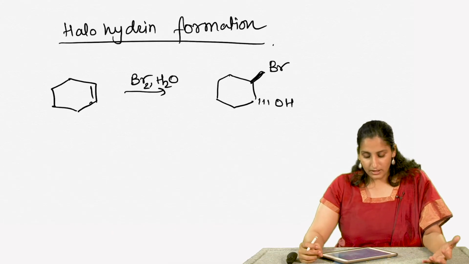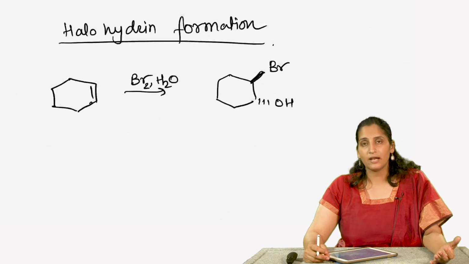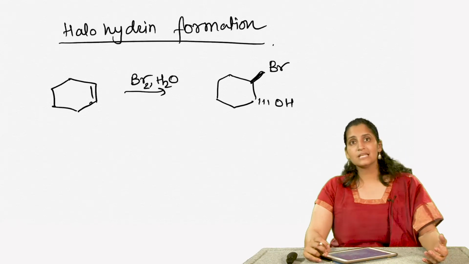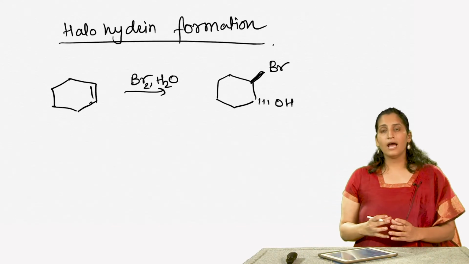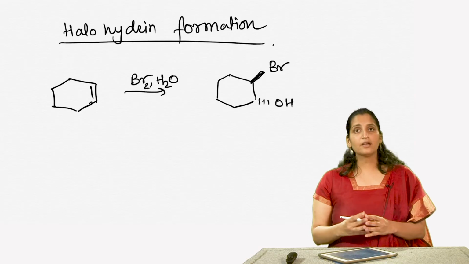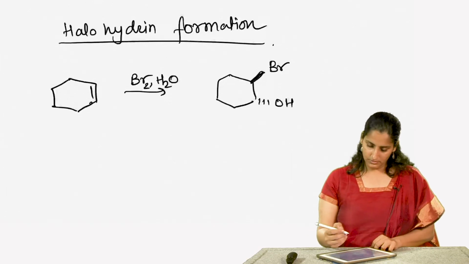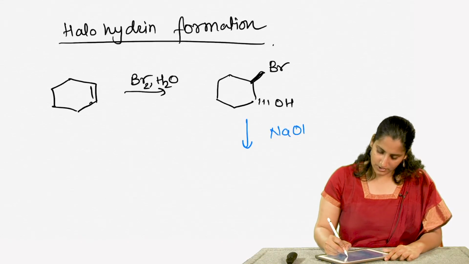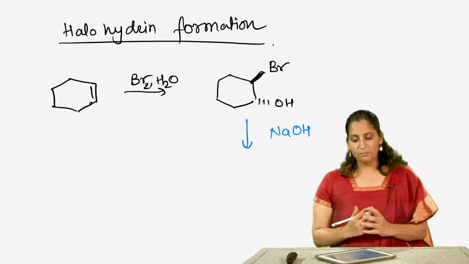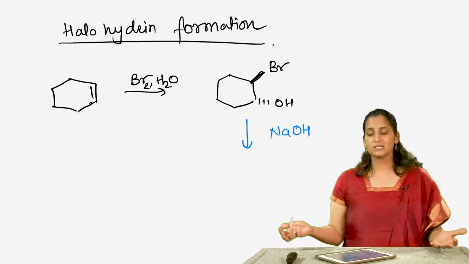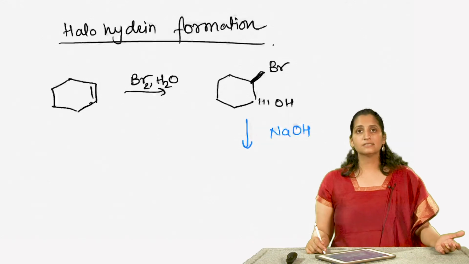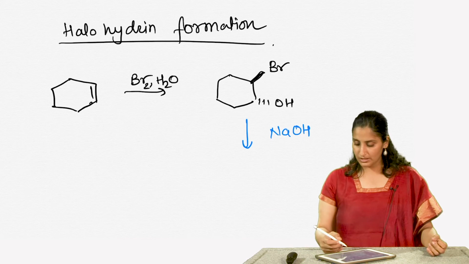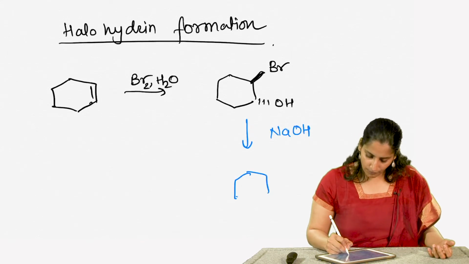Now, starting from the corresponding halohydrin, we can actually make an epoxide. This is done by taking the halohydrin and reacting it with a strong base. So, let us take the halohydrin and react it with a strong base like NaOH. Now, the base is going to look for the most acidic proton, and in this case it is going to look for that proton on that oxygen because that is the most acidic proton, and result in the formation of